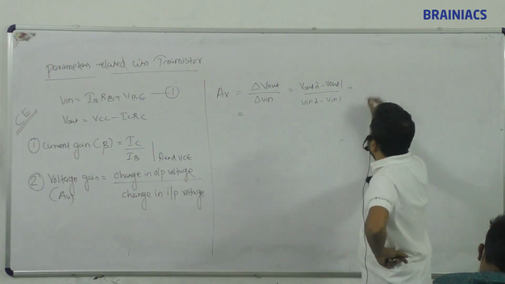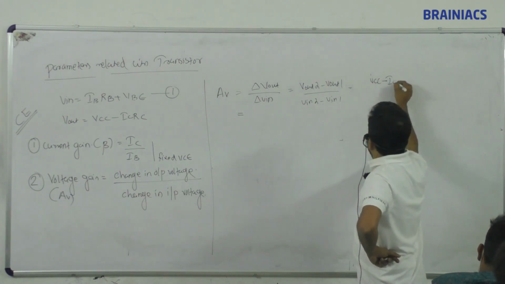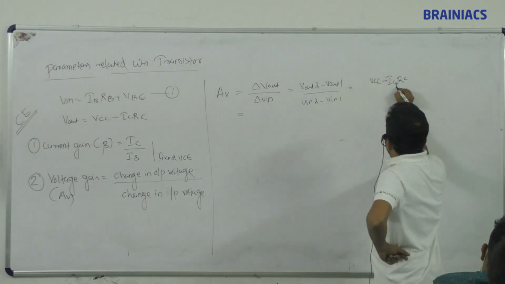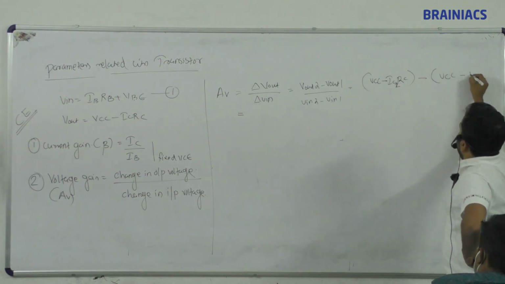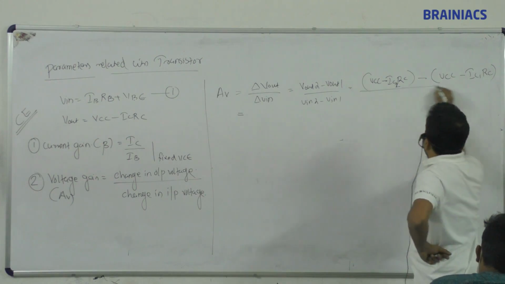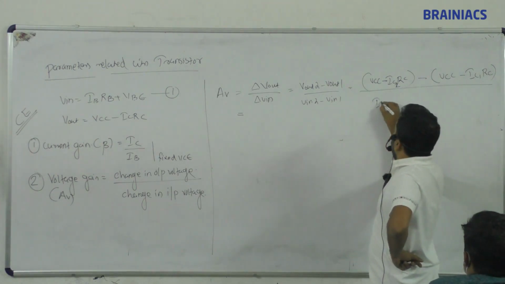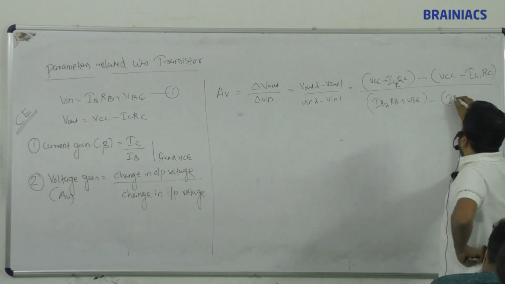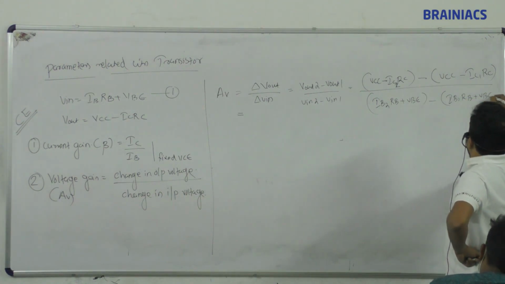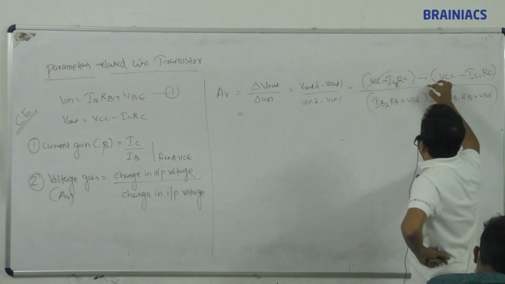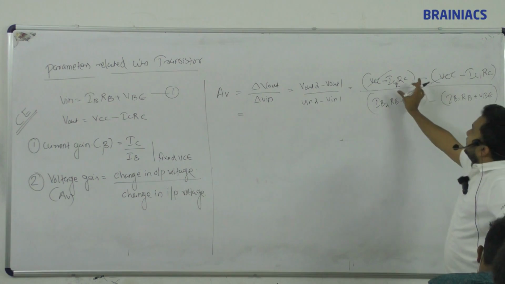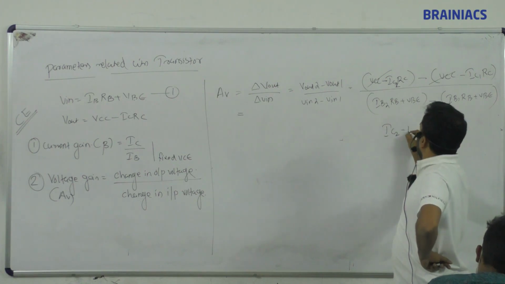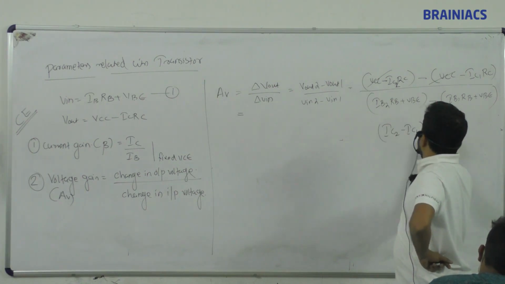What is V out 2? V out 2 means VCC minus IC2 RC. Then IC1 will come. So V out 2 minus V out 1 is VCC minus IC2 RC minus of VCC minus IC1 RC, whole divided by IB2 RB plus VBE minus IB1 RB plus VBE. What will cancel? VCC cancels, VBE cancels. So minus IC2 and plus IC1. Correct? So how can I write this one? IC2 minus IC1 into RC, whole divided by